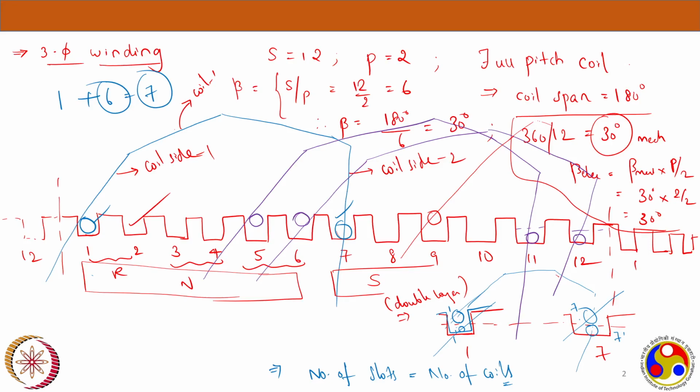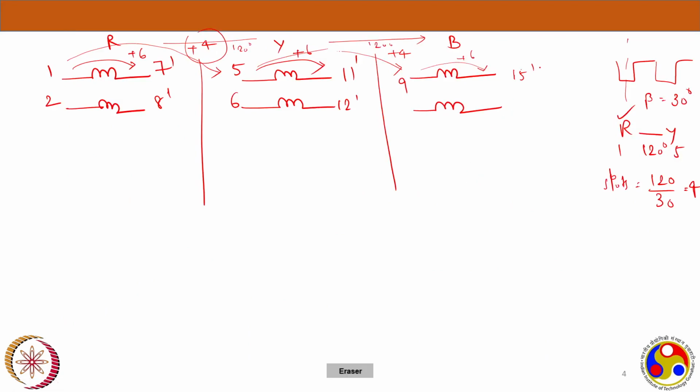Because it's a recurring machine, it's a round machine. So after 12, you will get the first slot. If we are getting a number more than 12, we just have to subtract 12 from it. So if it's 15, it's not actually 15, it's 15 minus 12, which is 3. Because after 12, again 1 will come, it is 2 and again it's 3. So the ninth coil will go like this and come back to the third slot. So it's not 15, it's